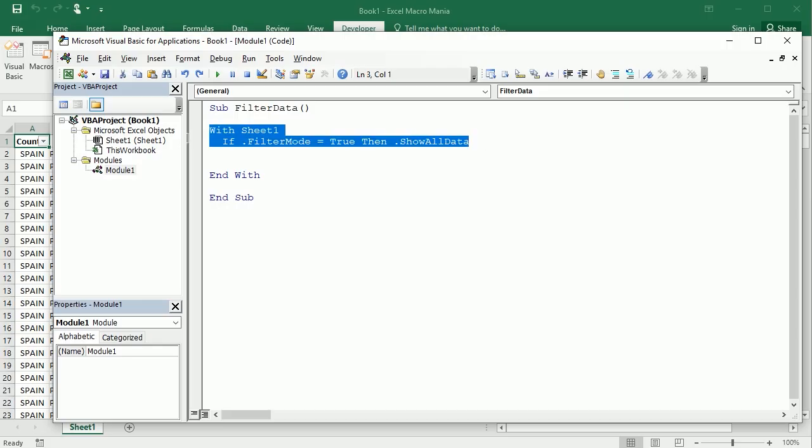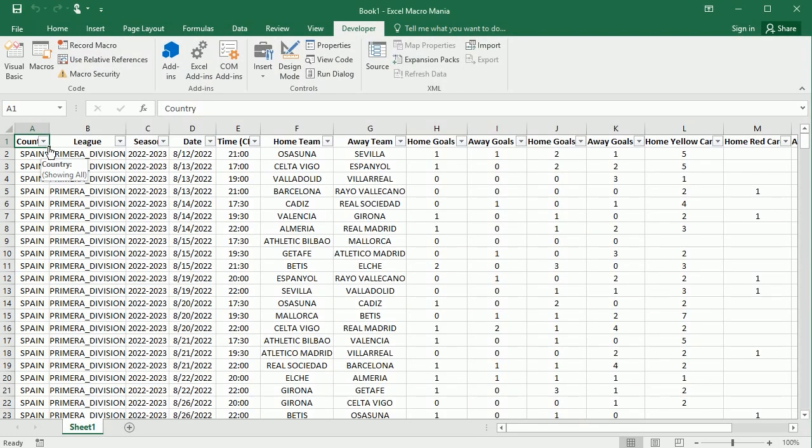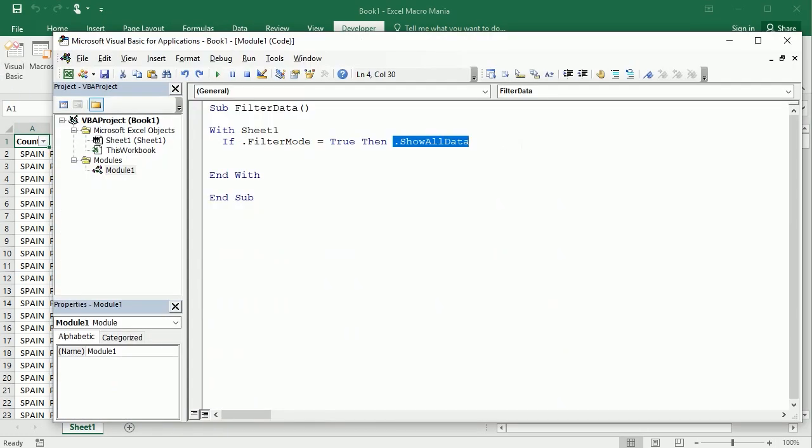So you can always put that at the beginning of your code to make sure that you work with all the data, or you can put the show all data at the very end after you have filtered and you have done all what you wanted. You have got the different data you wanted to see. Either way. Now, if we want to remove the filtering or add the filtering, then we need to target the